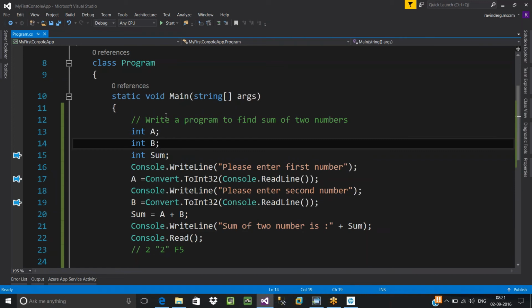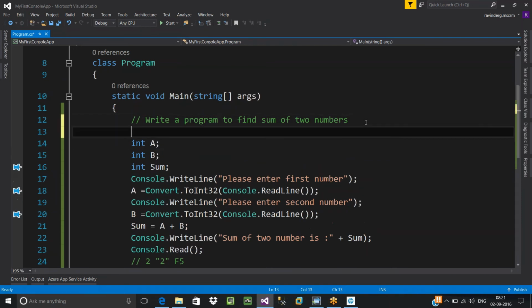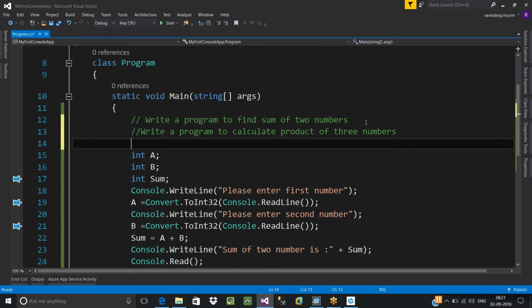Now I'll give you some exercises for your practice. Please write down. Write a program to calculate the product of three numbers.